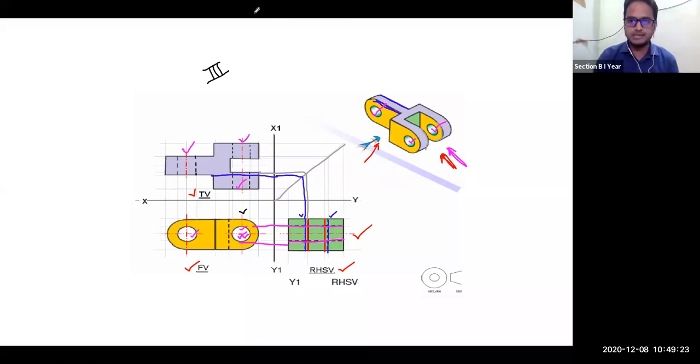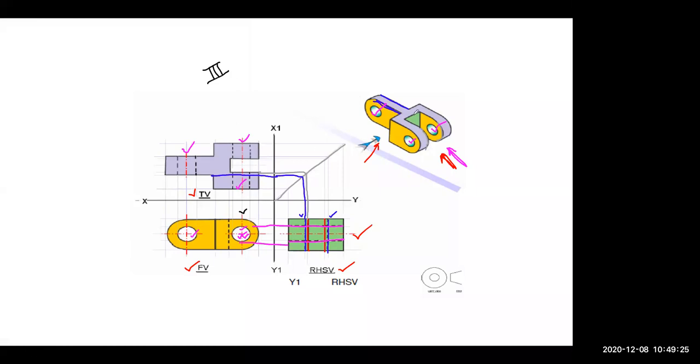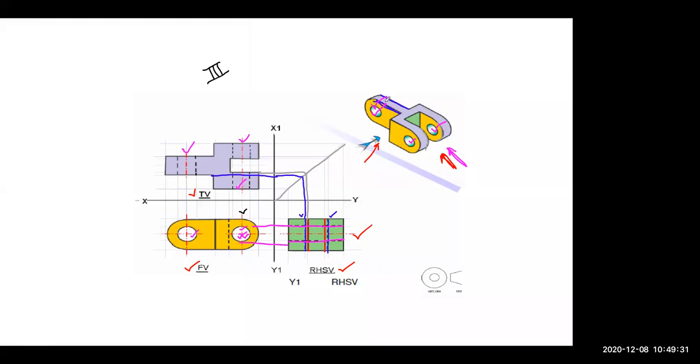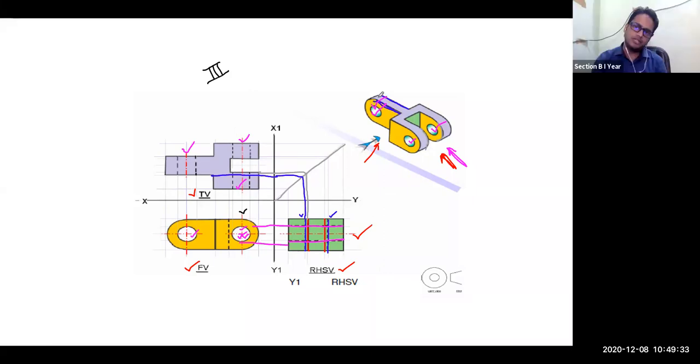Front hole of right hand side view. Let me ask you which hole. This hole you are talking about? Yes, sir. Okay. So this hole is on which body? It is in the central body. Okay. Central body means I am telling this part.